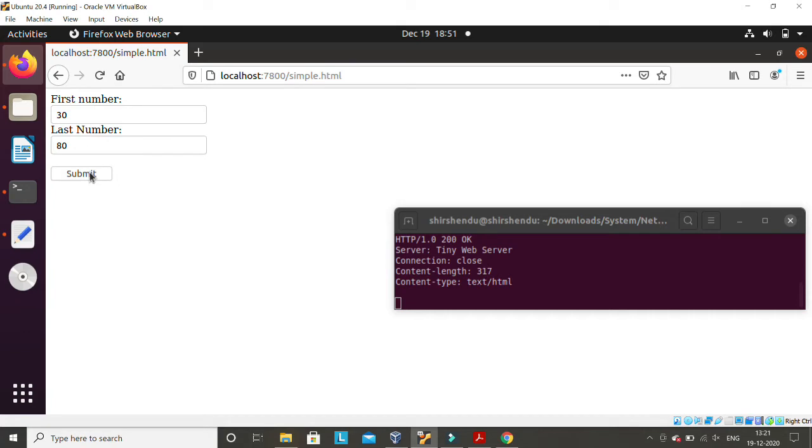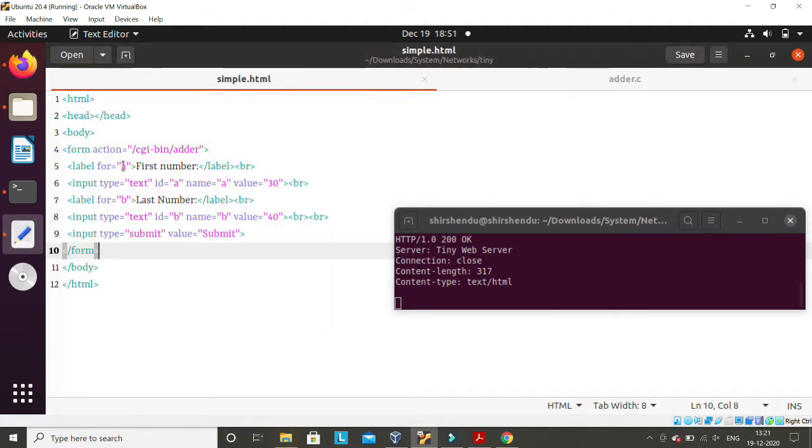The moment I press submit, the request will again be sent to the server. And where will it send it? It is written here. After localhost, it will send to this folder CGI bin, and it will call a program called header. And with these two values, the values of A and B will also be sent. How will it send?